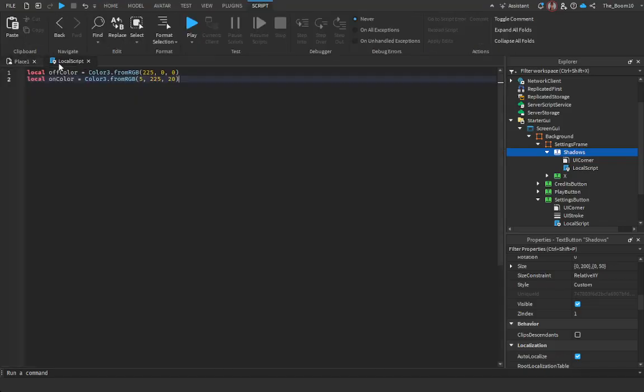Now we have the on and off colors, and so we want local state. Now this is the actual state of the button, if it's on or off, equals true. Now we could say that state is on, but it's simpler to just say local state equals true, true being on and false being off, as it makes an if statement quicker and easier to write for in just a moment. So now I will write local button equals script.Parent, which is our Shadows text button here,